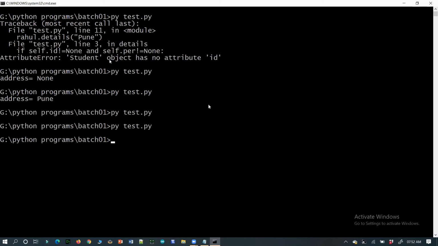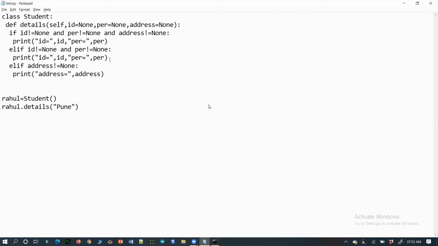No, it's not accepting. So even though it's a method which has